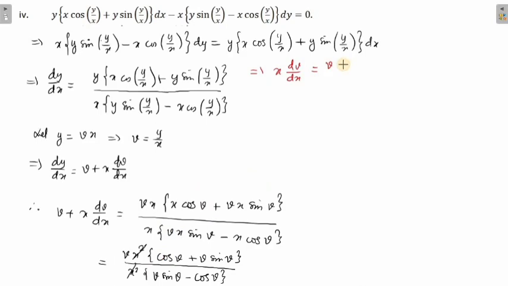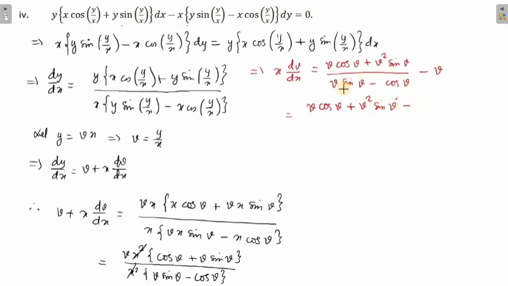So we have v cos v plus v square sin v by v sin v minus cos v, isn't it? Now it comes out here and becomes minus v. Now simplify this. So this becomes v cos v plus v square sin v